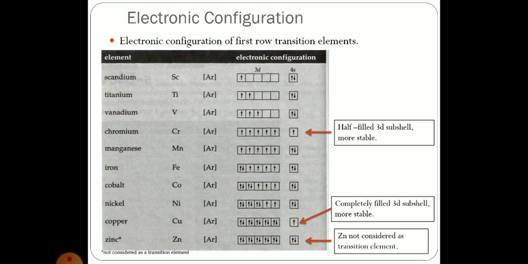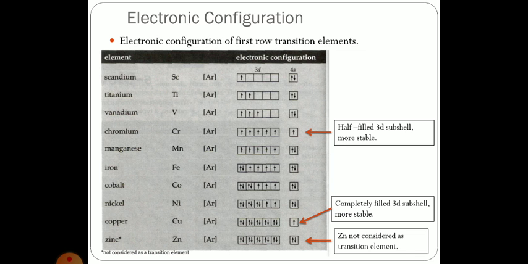Their electronic configuration we will learn. If we observe scandium, which has atomic number 21, it has the electronic configuration 3d1 4s2, and titanium has the electronic configuration 3d2 4s2.